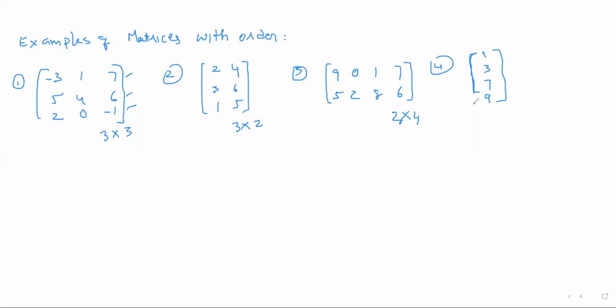How many rows are present? What is the order of this one? This is the first row, this is the second row, third row, and fourth row. 4 rows by how many columns? Single column. 4 by 1 only. Okay. Similarly,